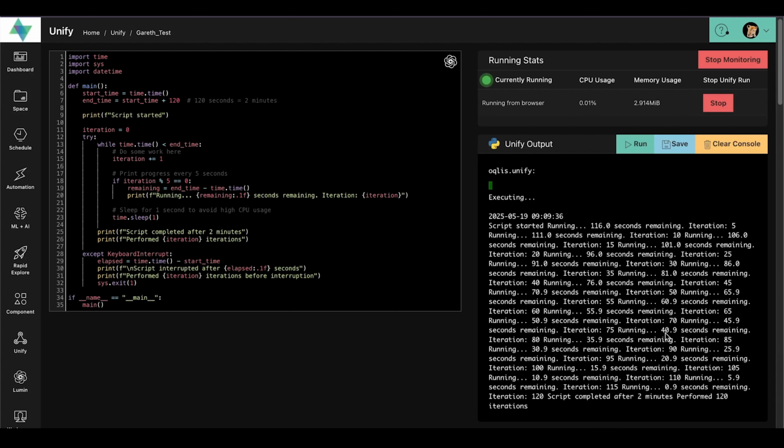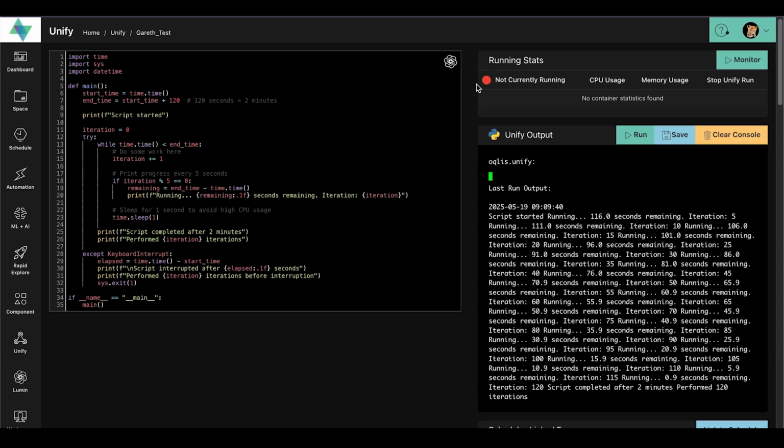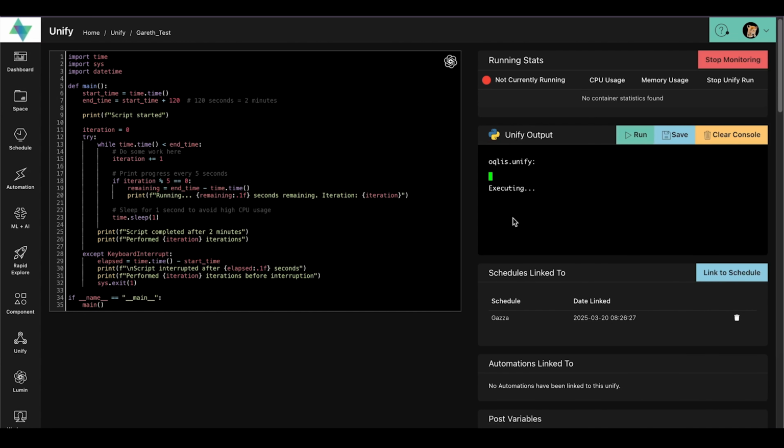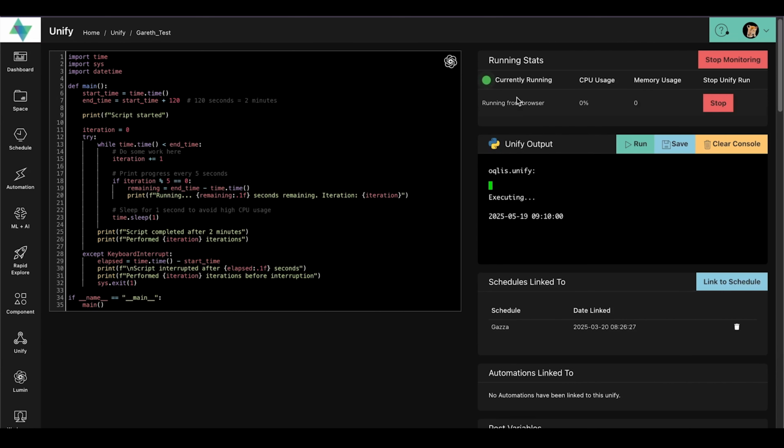Here we can see our script is almost done, and just to show you that everything runs quite nicely, we are now not running this anymore. The script is done and it ran perfectly. I can read my outputs and everything looks just as I needed it to be. If I decided to run this again, it'll clear our output, update the service to run, and out comes our current run metrics.